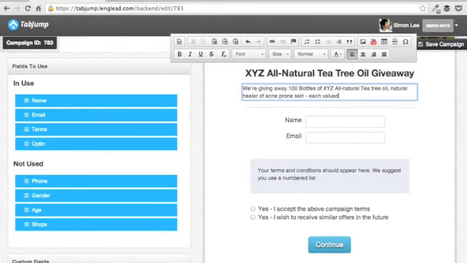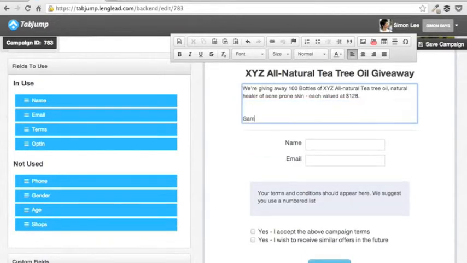Each valued at, I'll just make up some number, 128. So the game rules,